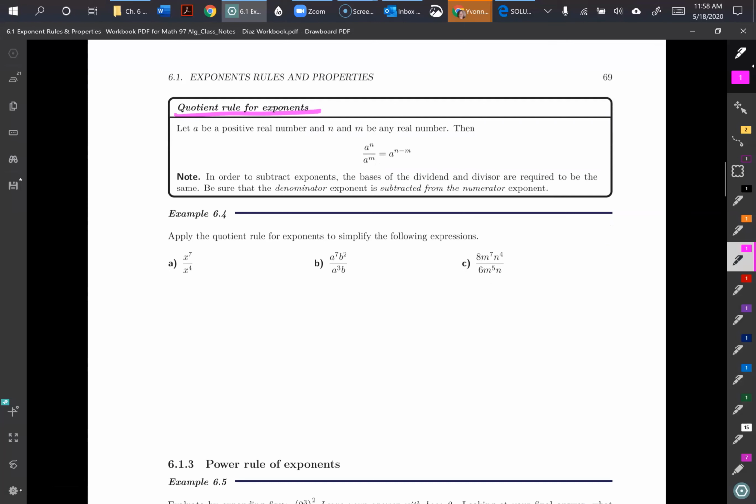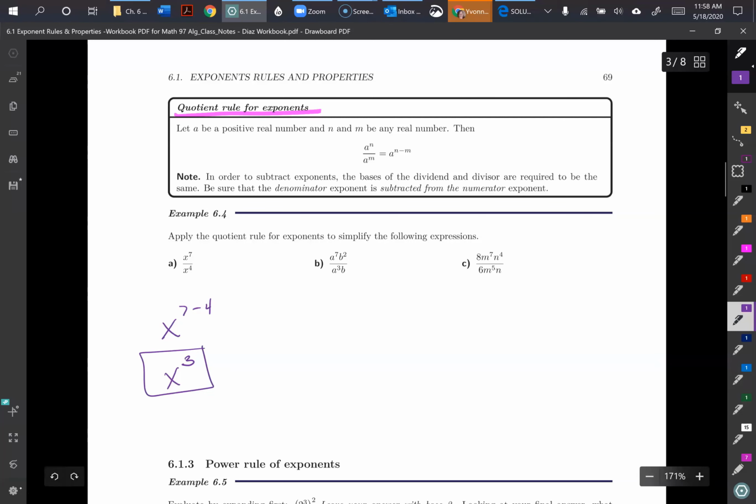So I'll do a couple, and you could pause at any time and try them. You could pause now and see if you can get them all done. So here I would keep my base, subtract my exponents. I would get x to the 7 minus 4 over x cubed. Okay, so for